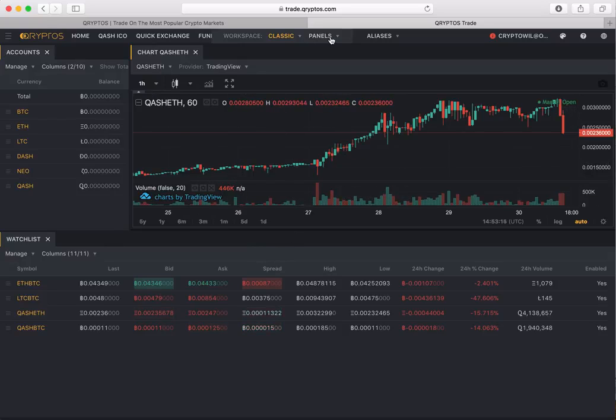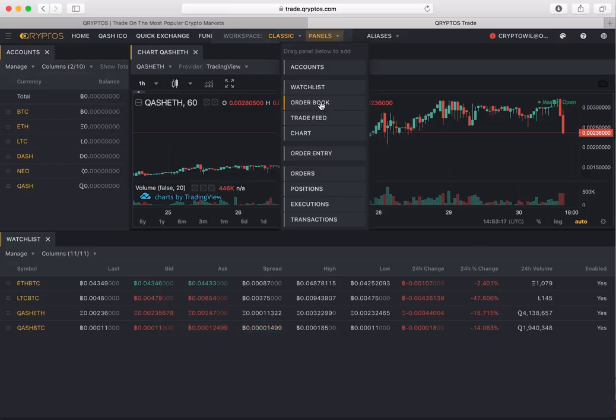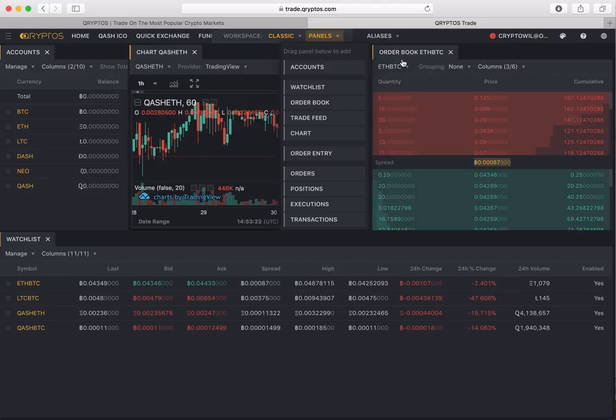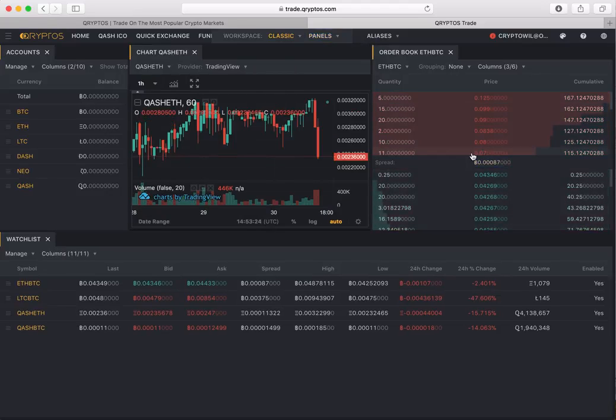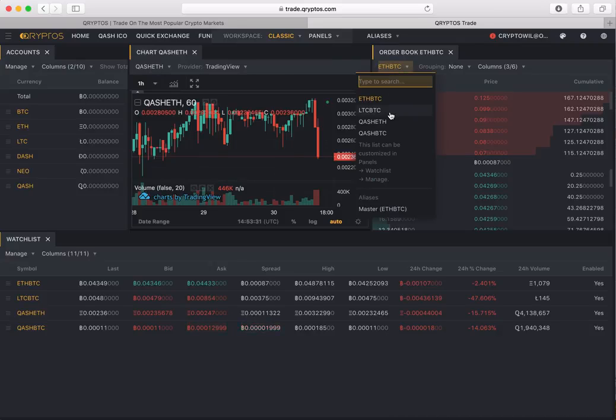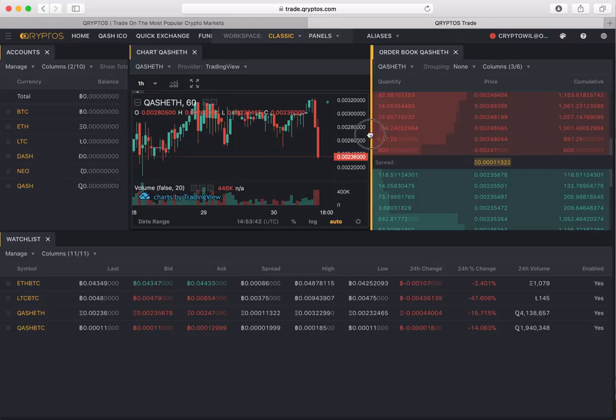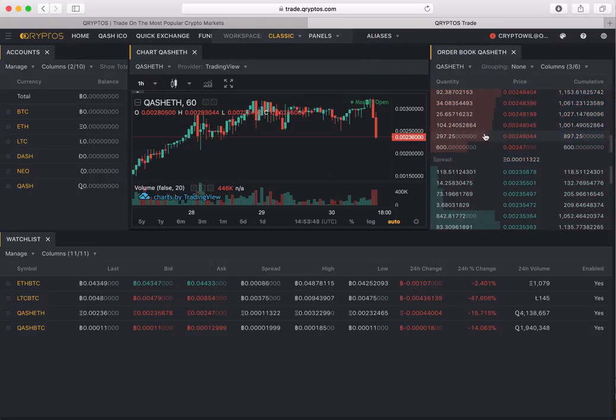Chart. Next one would be the order book. Important for us to look at the current buy and sell orders. Likewise, each panel can have its own cryptocurrency pair. So if you want to view cash ether, you'll have to select that, and it would show the current order book,